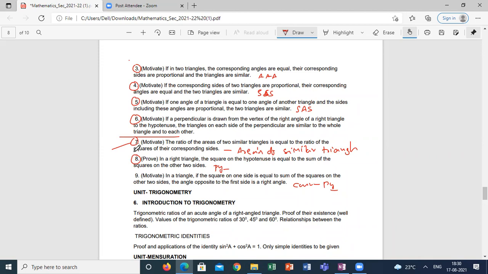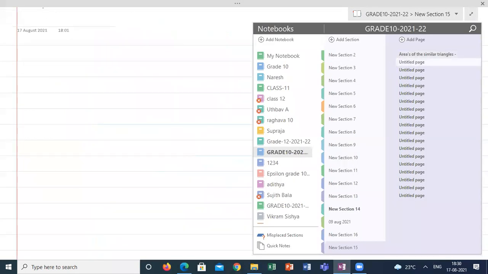In a right triangle, this is the Pythagoras theorem, and this is like the converse of the Pythagoras theorem. This is the given data and I have to prove the hypotenuse square is equal to the sum of the squares of the remaining two sides. And if a triangle is such that the longest side square is the sum of the squares of the remaining two sides, then it is a right triangle. Opposite to the Pythagoras theorem, that is called the converse of the Pythagoras theorem. So we are going to discuss the eighth one. The name of the eighth theorem in your syllabus is Pythagoras theorem.